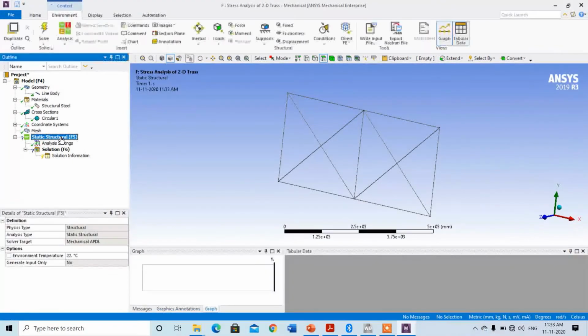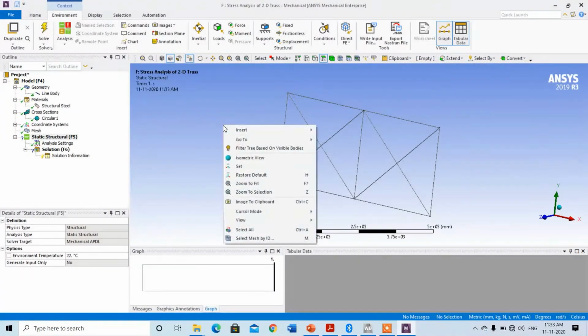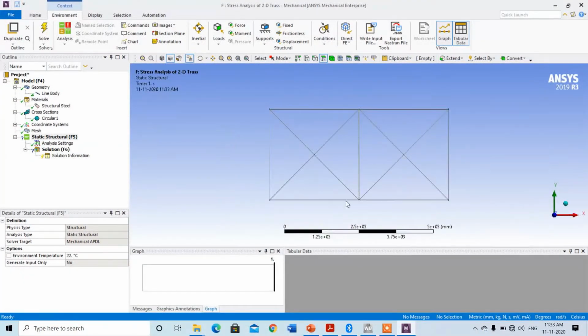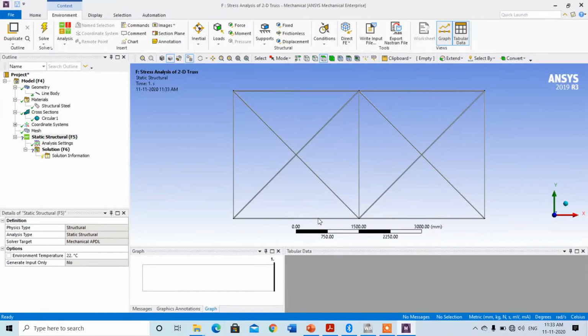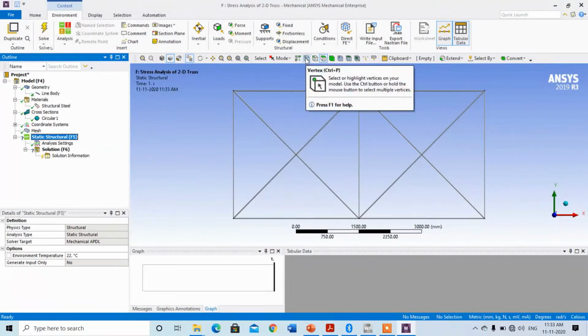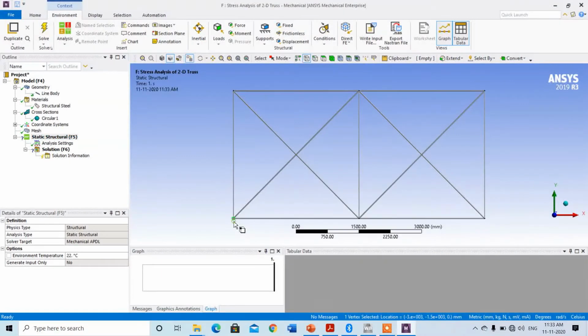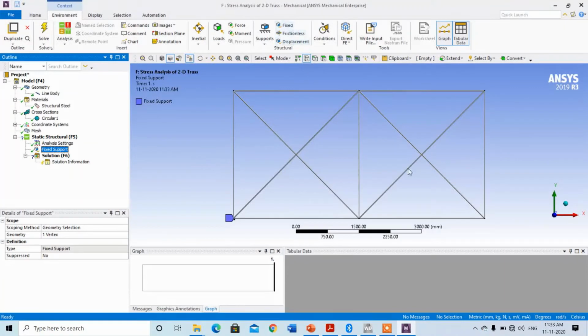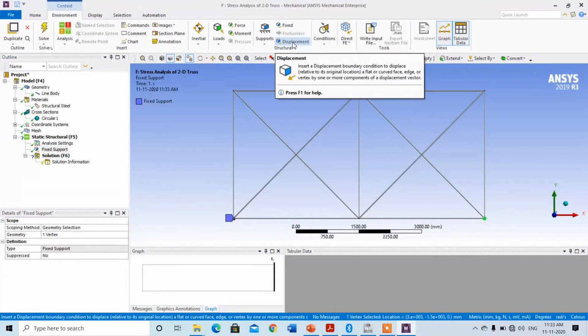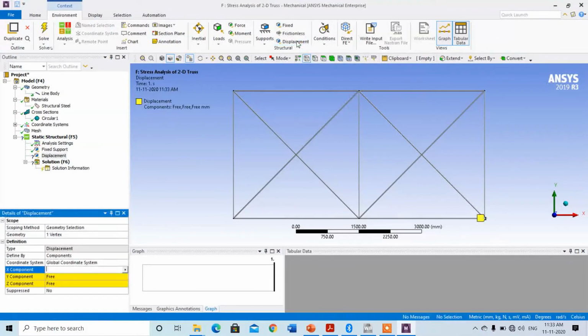Go to the static structural, it is nothing but the boundary condition. Simply click on view front. Okay, so this is the front view. Okay, so click on static structural, the node number 1, this one, just select vertex, click on vertex, it is fixed, it is completely fixed. Okay, then again select next vertex, here you can select displacement. If you click on fixed, it will also be completely fixed. Click on displacement, you can check here the component.